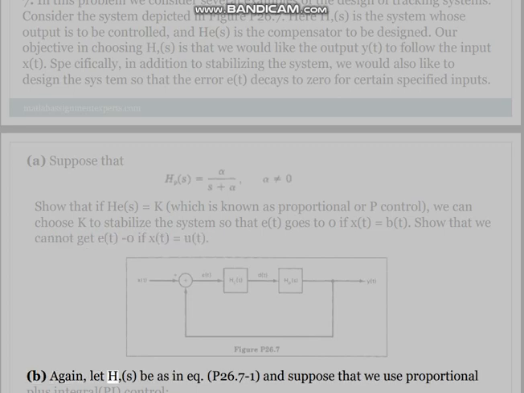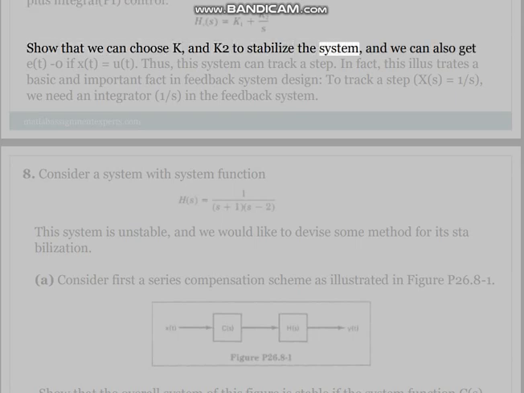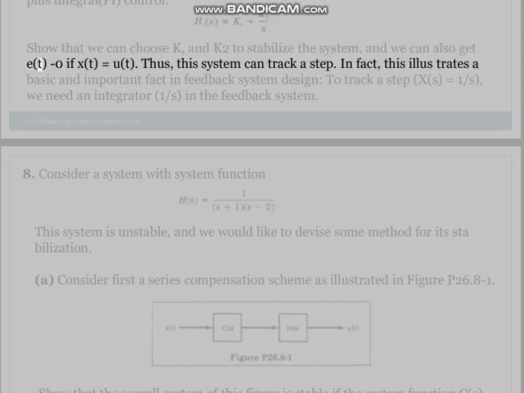B. Again, let H(s) be as in Equation P26.7-1, and suppose that we use proportional plus integral (PI) control. Show that we can choose K1 and K2 to stabilize the system, and we can also get e(t) to 0 if